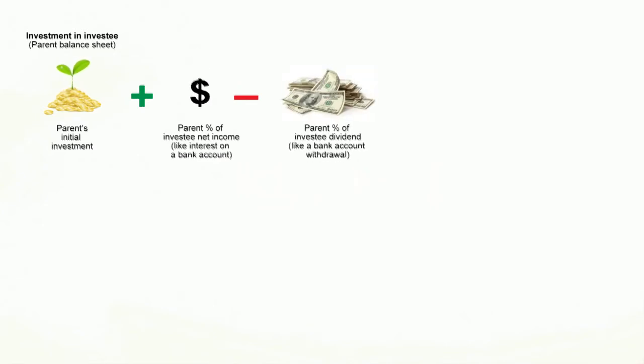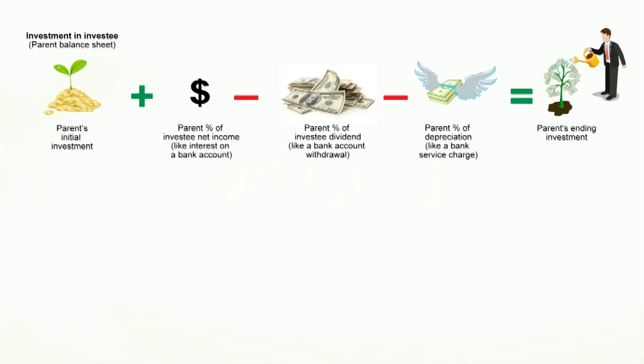And therefore, we will also subtract out what we call the service charge, right? That is the premium we paid for assets. So if we paid a premium for fixed assets, we would amortize that excess premium over the life as an additional reduction of the earnings from the sub. So that's like a service charge. So it would be debit expense, reducing the income from the sub. And of course, it would also reduce our bank balance, just like a service charge reduces it. And that equals your ending balance. So that's how it grows over and over.